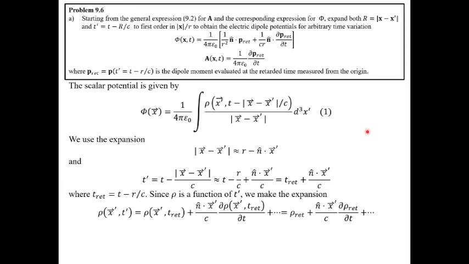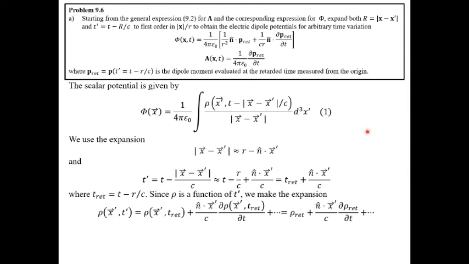Okay, today we are going to do problem 6 and problem 14. Starting from the general expression 9.2 for the magnetic vector potential A and the corresponding expression for the electric scalar potential phi, expand both, with R equal to the absolute value of the difference x minus x prime and t prime equal to t minus r over c, to first order in x over r, to obtain the electric